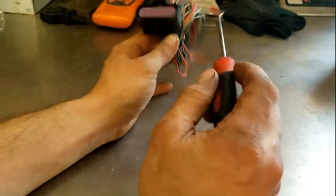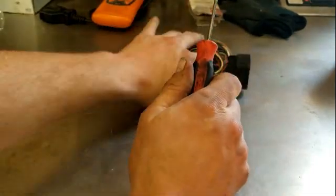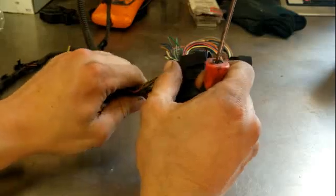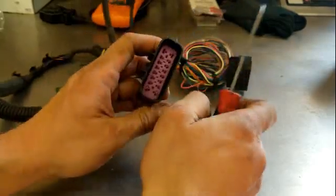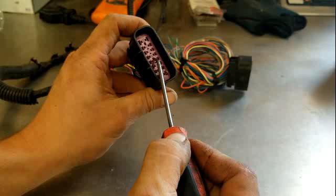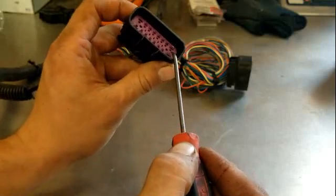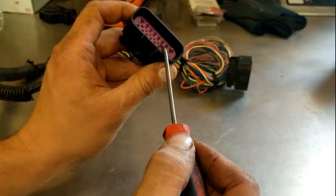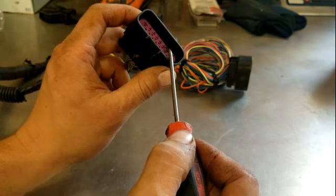A hack for this is going to a junkyard, or whenever I get a part in, like say a used engine and it's got the harness still on it, I'll take these connectors right here off and keep them. Now, as you can see, this one has got several different size pins in it. So what we'll do is we'll rob pins out of here, and then you'll be able to use them as